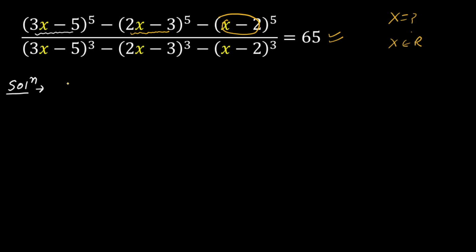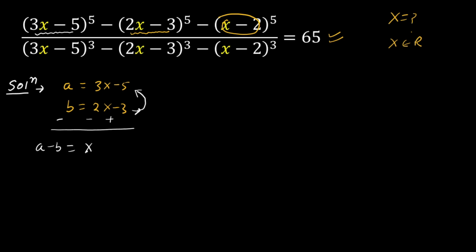Let a equal 3x − 5 and b equal 2x − 3. Now if we subtract this equation from this, then a − b on the left-hand side, and on the right-hand side 3x − 2x, that is x,